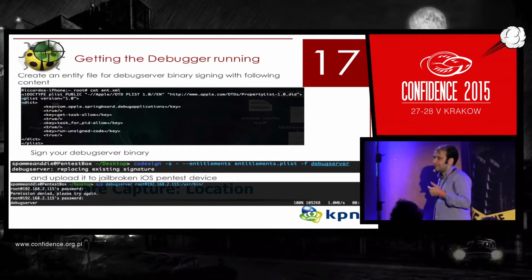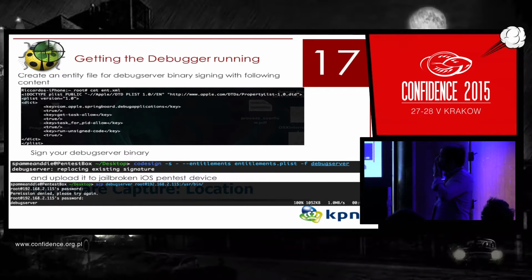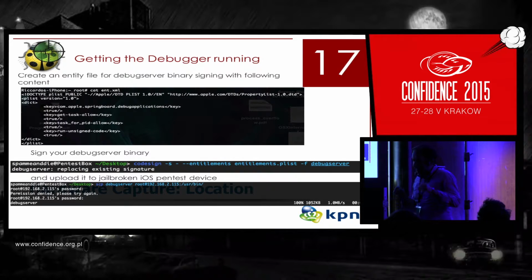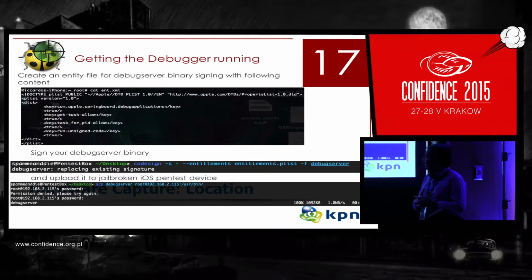To be able to run debug server on your iOS device, we need to set an entitlement file for the debug server. This is simply a Sandbox policy file where you define what your executable does on the device. Simply, whether it can run, for example, get the process ID for each task, run unsigned code, and so on. That's what we want, because we want to attach an executable to the debug server on the device and do debugging